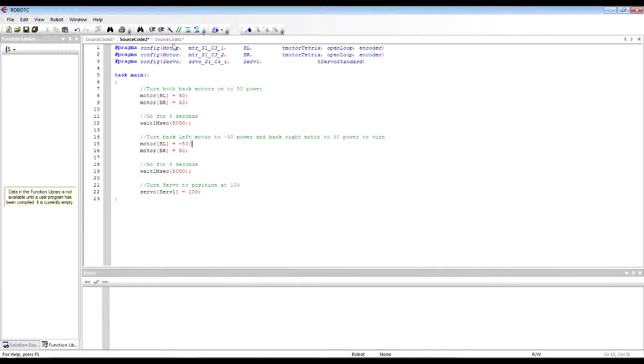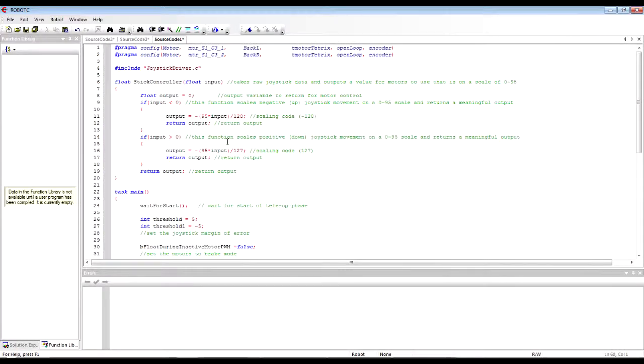Okay, and we have one more to look at, and this is for teleop. I don't have the servo pragma configured up here. So for teleop, you're going to want to include the joystickdriver.c file. This will connect the controllers